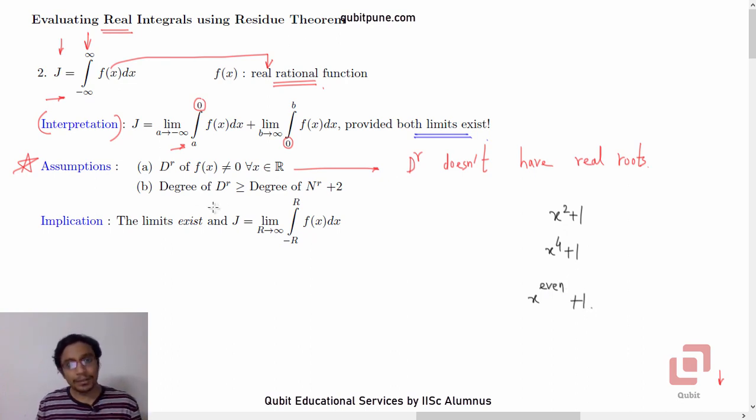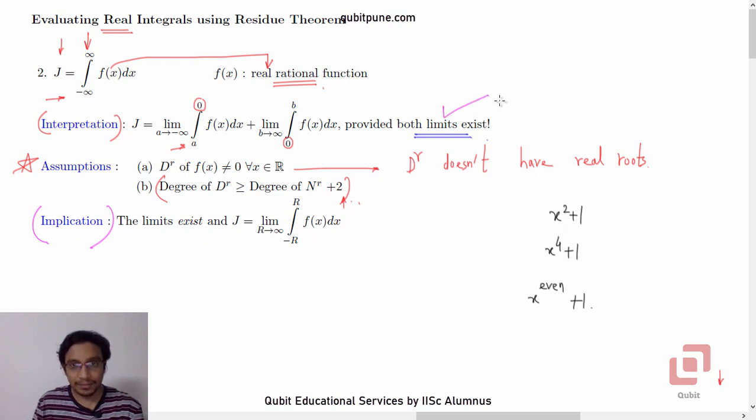Fine. And the second assumption is perhaps more important. The degree of the denominator is at least greater than the degree of the numerator by 2. So this is the second assumption. This is required in the method. That's all you can say at this stage. There are reasons for that, of course. All right. Now, what is the implication of these assumptions? The implication is that